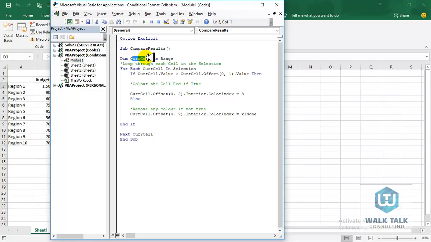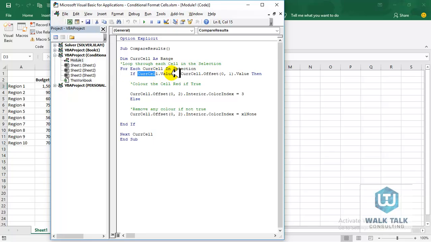I use the For Each loop to loop through a collection of objects, and the collection is anything that you select. Since this variable is declared as a range, for each range in selection, that is each range that is selected,